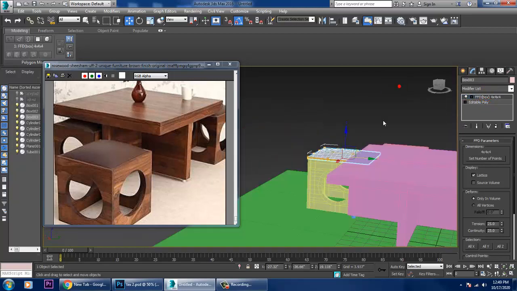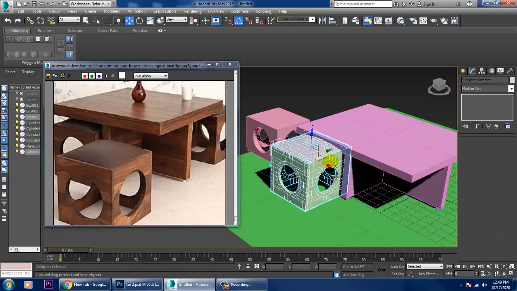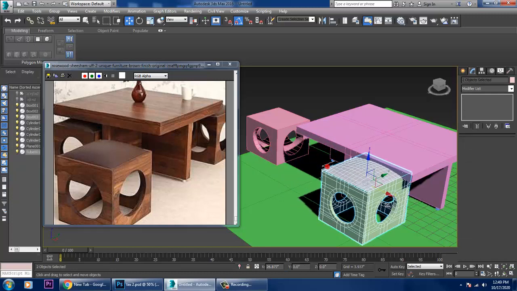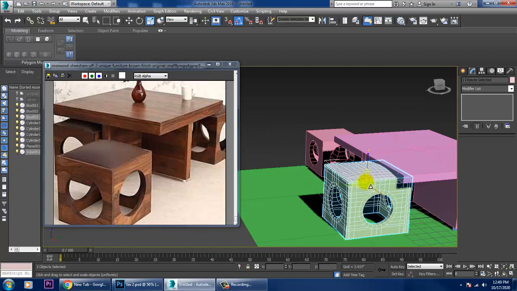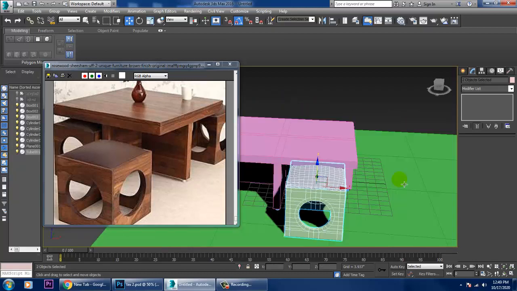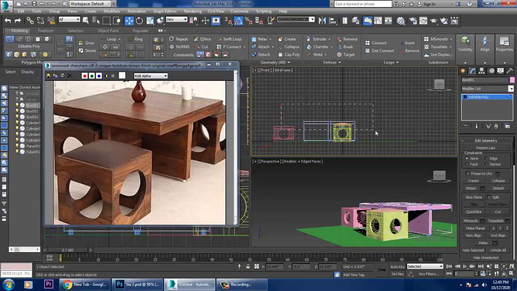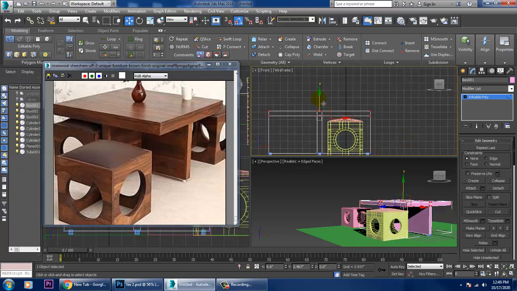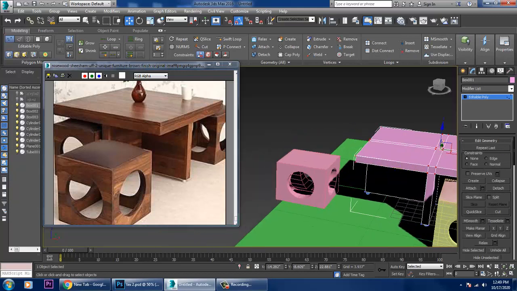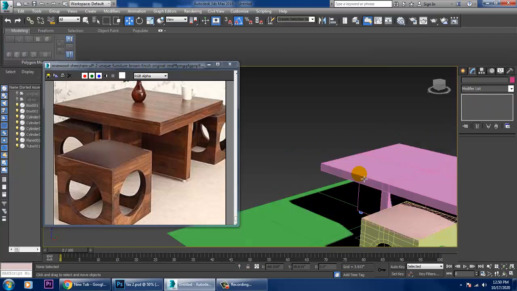Right click, just end isolate this stuff. So as you can see, we are done with this. So this is the best way which you can utilize this, and you can make this. So you can go with this method, because if you are going to use the pro boolean or boolean method, sometimes it might create some problems, but I would definitely suggest you to go with this method.